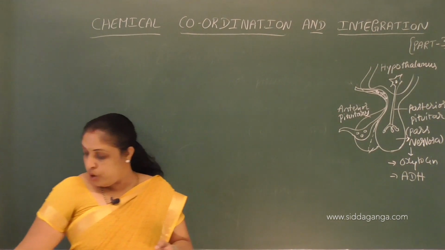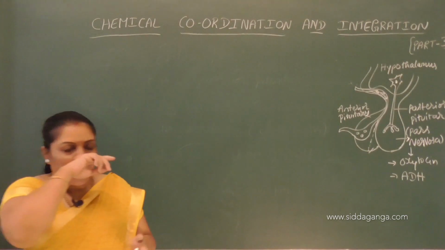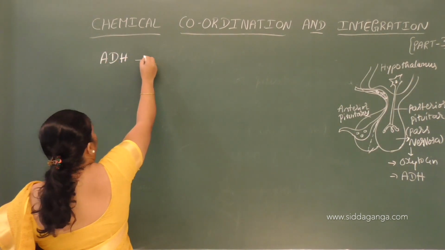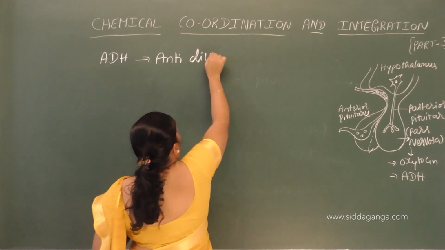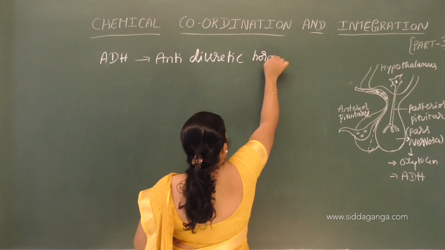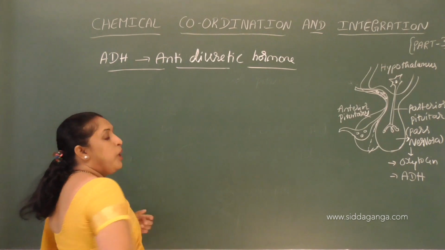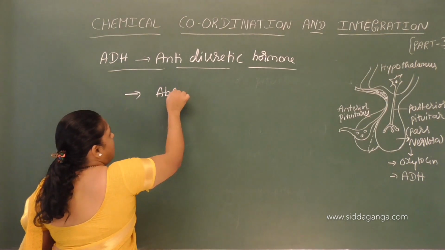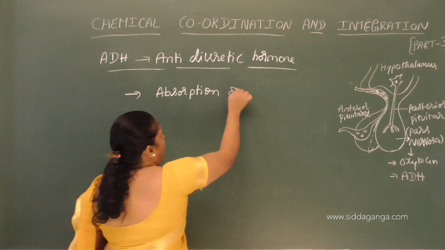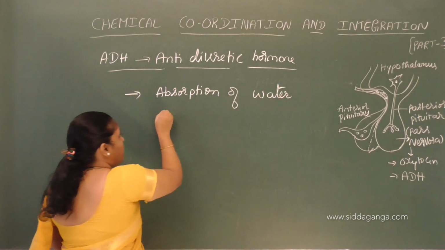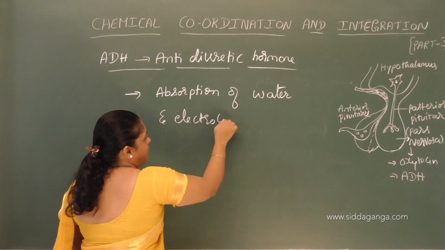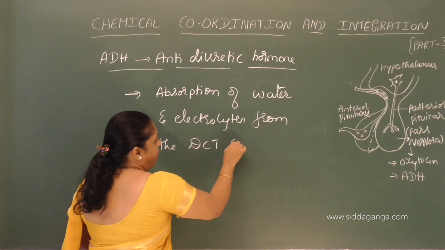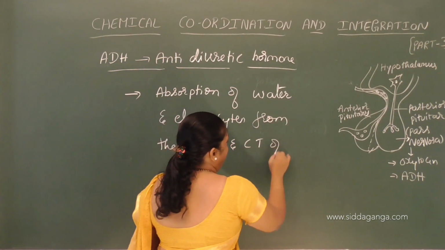So, then we have one more posterior hormone, that is antidiuretic hormone, ADH. This hormone mainly helps in absorption of water and electrolytes from the distal convoluted tubules and collecting tubules of nephrons